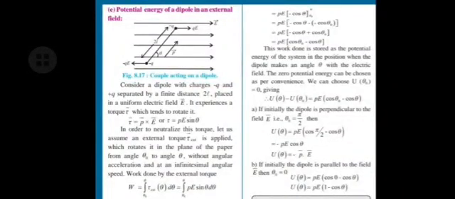And that torque is given by the formula tau is equal to vector P cross vector E. Here vector P is the electric dipole moment. This electric dipole moment is always directed from minus charge to plus charge, and hence in the diagram, if you observe it carefully, the direction of P is from minus Q to plus Q. The arrow is towards plus Q.